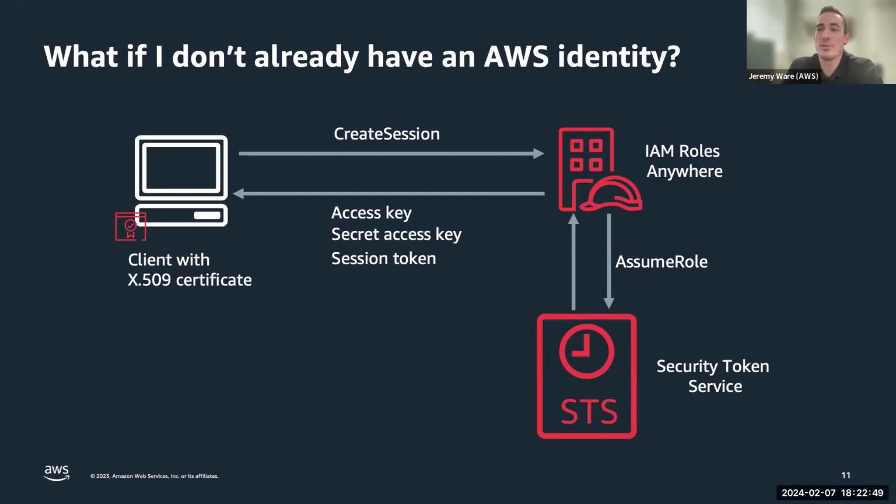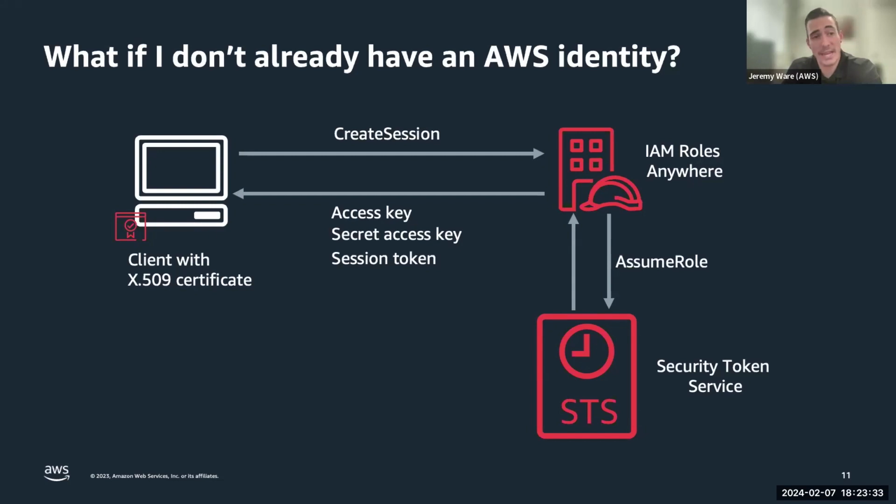And so we have a lot of new methods for handling machine-to-machine communication without using long-lived credentials. Case in point, a lot of the breaches and events that we see get published, especially lately, are because access keys or credentials were embedded in the application and somebody accidentally exposed it or committed it to a public GitHub repo, those kind of situations. The use of short-lived credentials for machine-to-machine, whether it be through MTLS, client credential flow, using JWT tokens, or in this case, IAM Roles Anywhere, is really to help combat that, right? We don't need hard-coded credentials in applications.